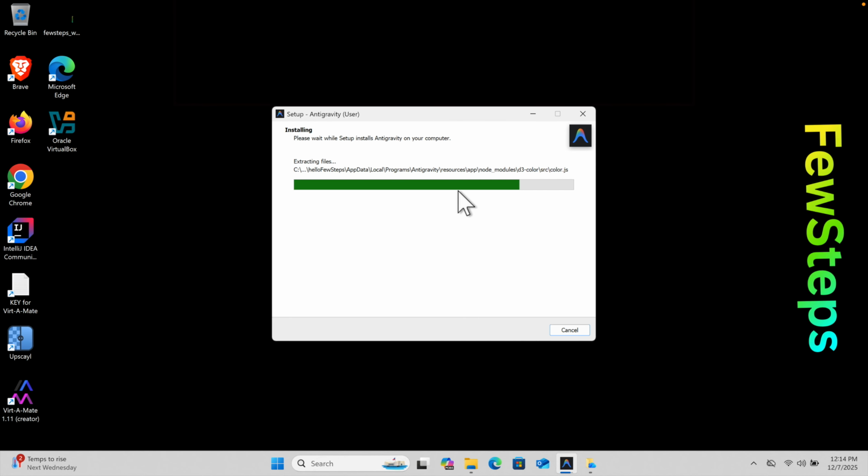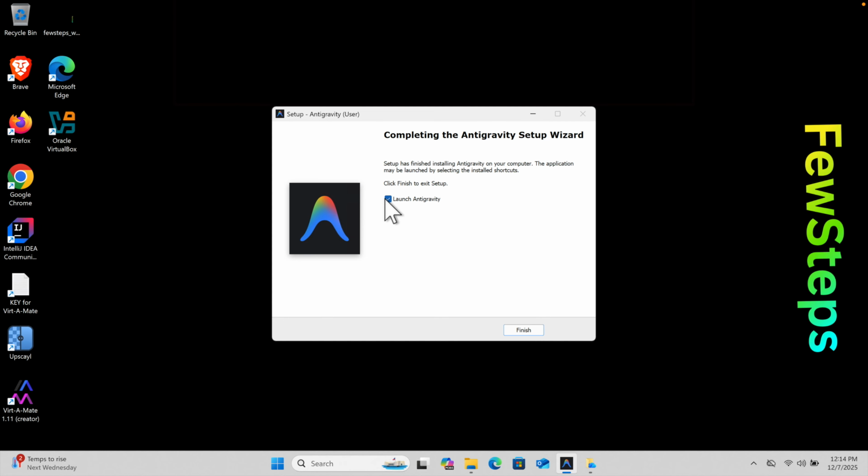We have to wait till it finishes the progress bar, and once the progress bar is finished, we will get a confirmation message like the software has been installed successfully. Once the installation is finished, we are getting this type of screen. I'm going to uncheck it because I'm going to open it from the start menu, and I will show you next time